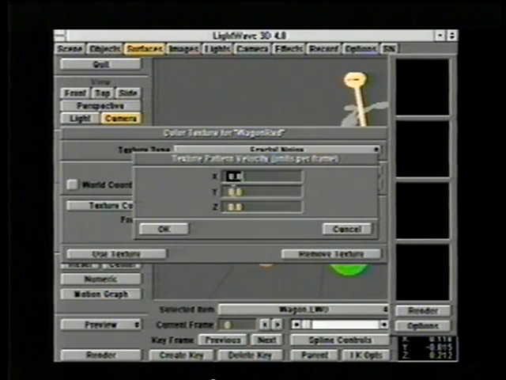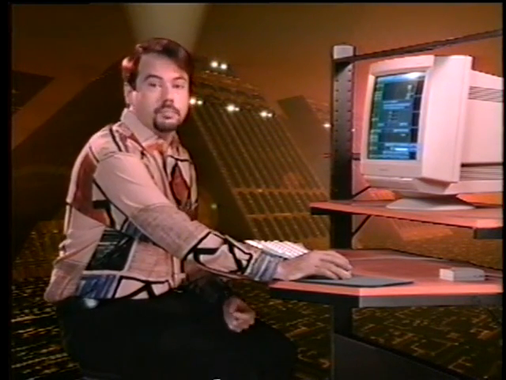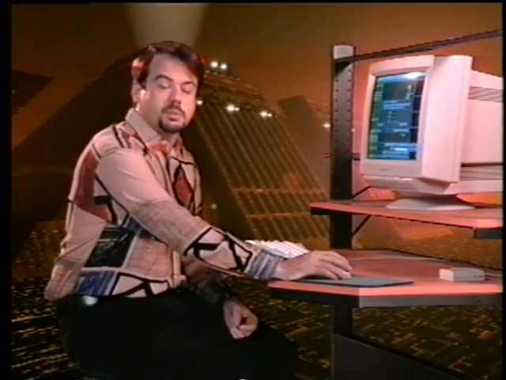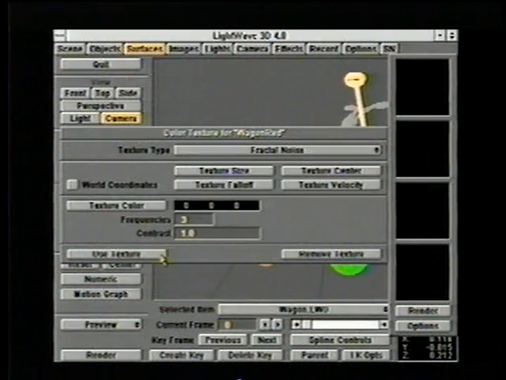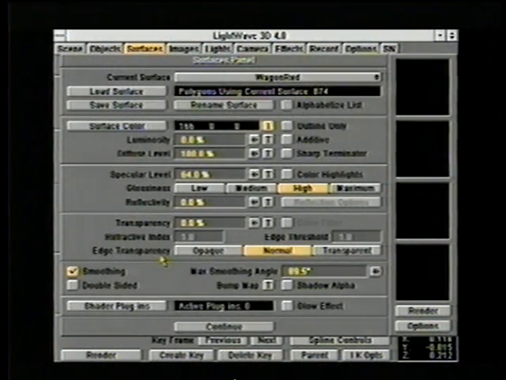And we've set up a texture velocity that is moving at 0.5 units per frame. Since Lightwave uses the metric system, a value of 0.5 means half a meter per frame. At 30 frames per second, that would equal 15 meters per second. So let's say we've set this up, our velocity is 15 meters per second, but now we go and we